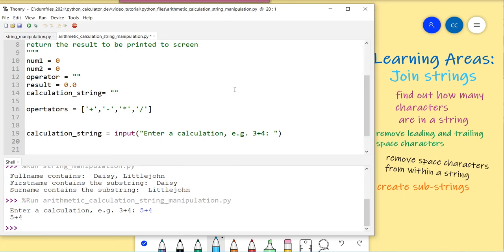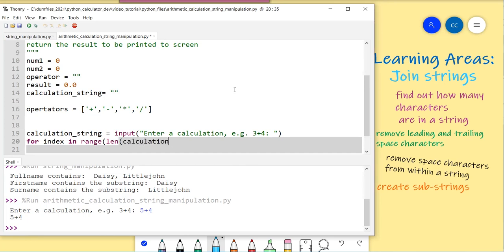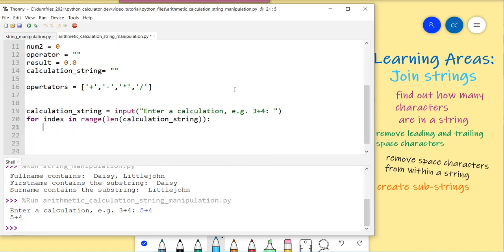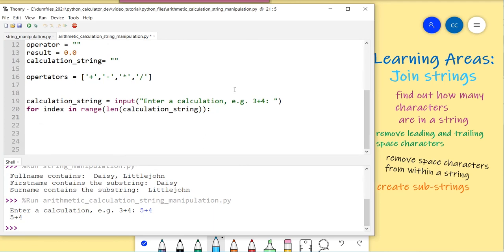Sounds easy enough, doesn't it? So let's go ahead and do that now. So we need to iterate over the string. So we say for index in range, and it's the length of the string, and the string is called calculation string. So it's going to go over every single character in that string, and we're now going to test it. So we're going to say if